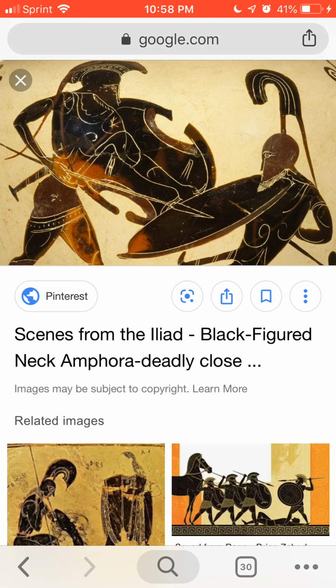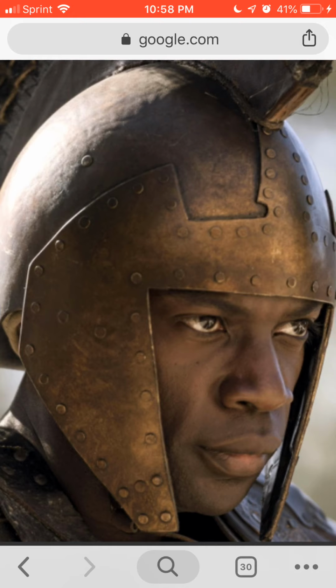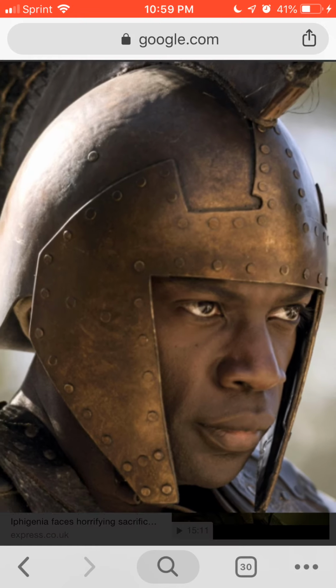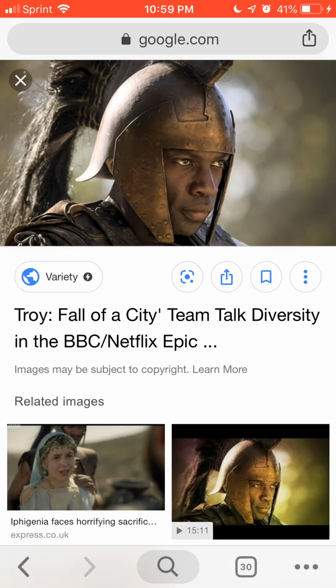The reason I want you to focus on that is because now when you go to Achilles, the mythical character Achilles of the Achaeans, because Achilles was an Achaean, look at the back of his helmet. Look at the design of his helmet. It's got that tail, which is different from the Spartan. The Spartans just had a broom that stuck up. We already know the Spartans were Negroes. You can do your research on that. The Achaeans were also Greeks, another Greek colony, and they were also Negroes.